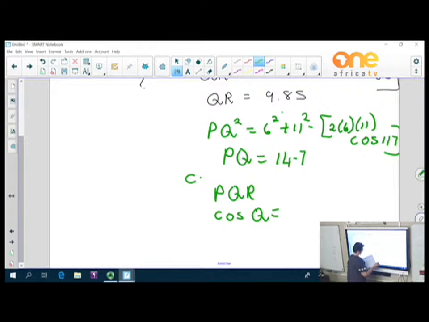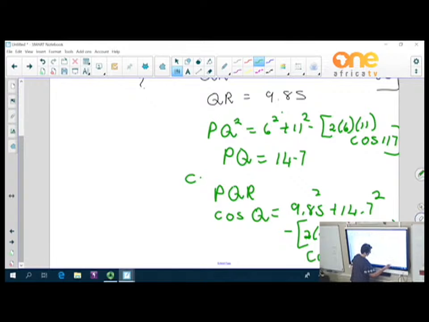So I'll have the two sides now, which is now the 9.85 squared plus the 14.7 squared minus, in brackets, 2 times 9.85 times 14.7